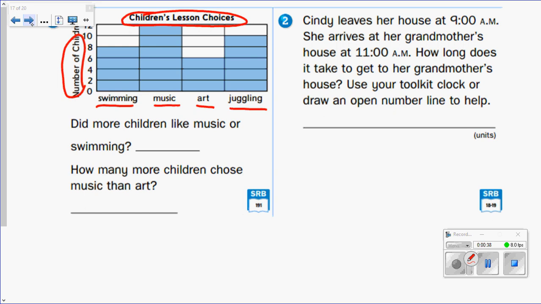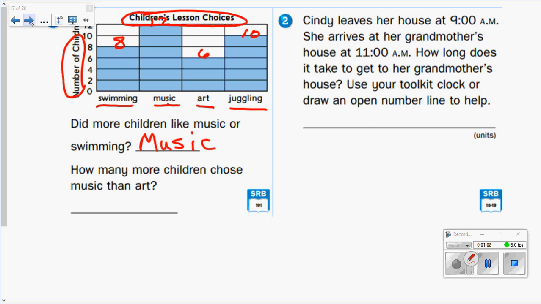I like to go up here and put my numbers. This would be 12, this would be 6, and this would be 10. So then I can compare them very easily. So if I look at that, did more children like music or swimming? I can look at music and swimming and see it's very obvious that it's music. There were more boxes filled in, and my bar is a lot taller on music